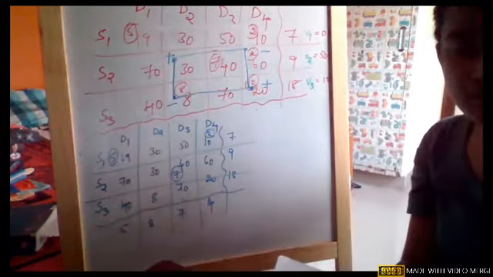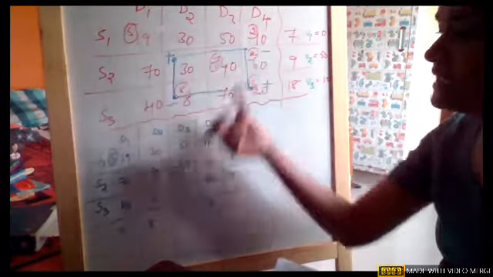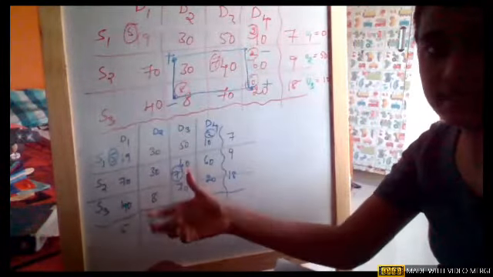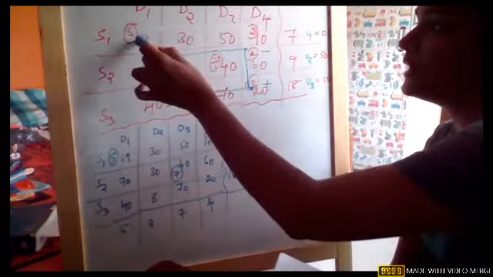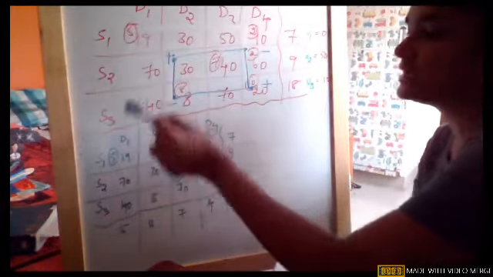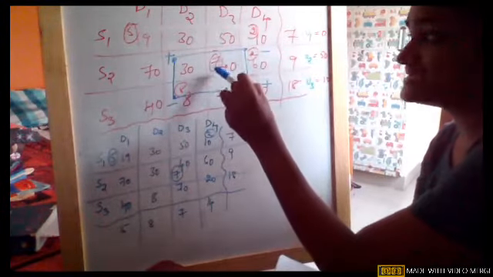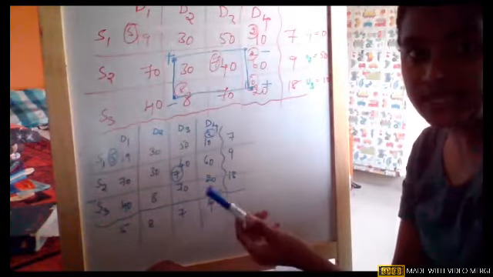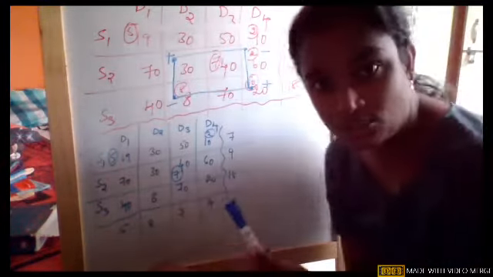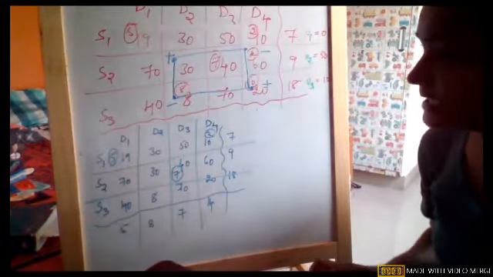Because we are going to find out the new matrix. Now, we have a loop here. We have the old matrix and the new matrix. You can see in the new matrix, wherever it is not falling on the loop, I just wrote those allocations. 5 is not in the loop. Allocation 2 is not in the loop. Allocation 7 is also not on the loop. That means it has neither a plus sign nor a minus sign. So that is the reason I wrote only those 3 allocations.